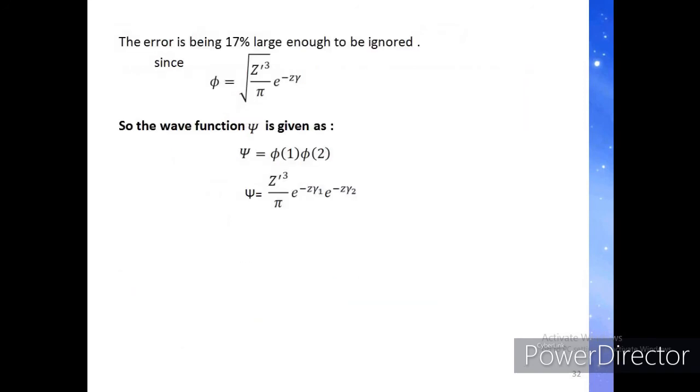As we know, the wave function of our system consists of 2 wave functions, phi 1 and phi 2. As for both electrons the value of phi is the same, the wave function can be easily calculated by simply multiplying these two wave functions, and we get a wave function for our system also. So by this we can easily calculate the energy as well as the wave function for the helium atom by applying perturbation theory.